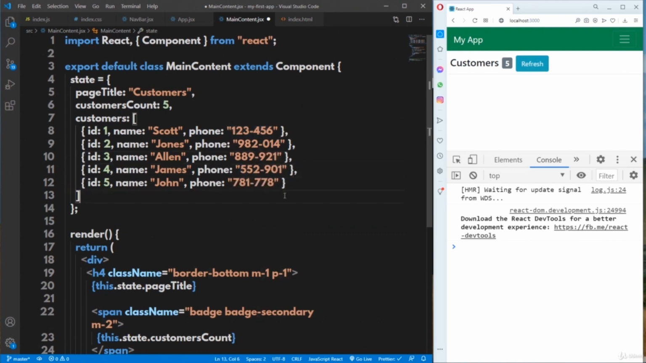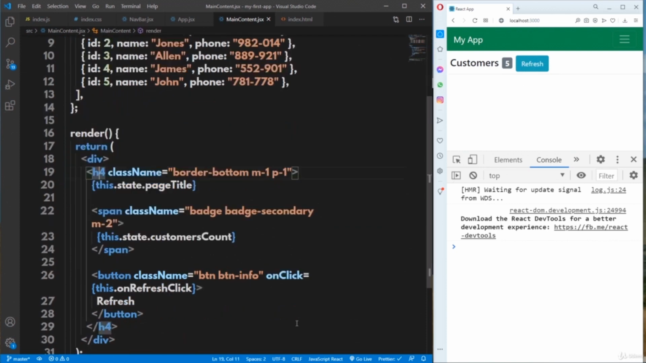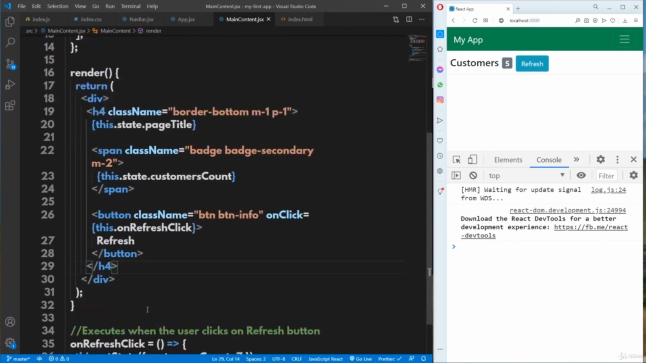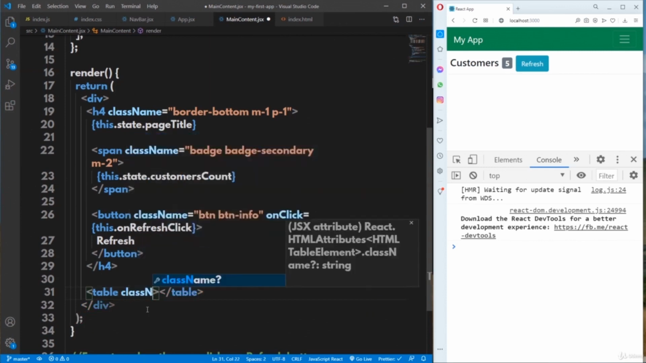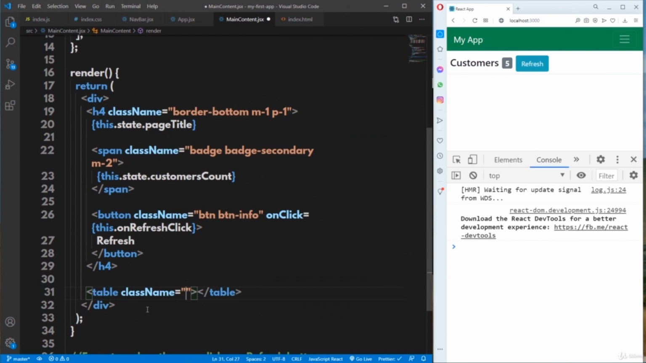So this is the data of the customers that I would like to render. So how do you show this particular array data in this React component? To do so, let's locate after the H4. So after closing the H4, I am trying to add a table tag. And in order to apply the bootstrap style of table, let's add a set of CSS classes. That is table,